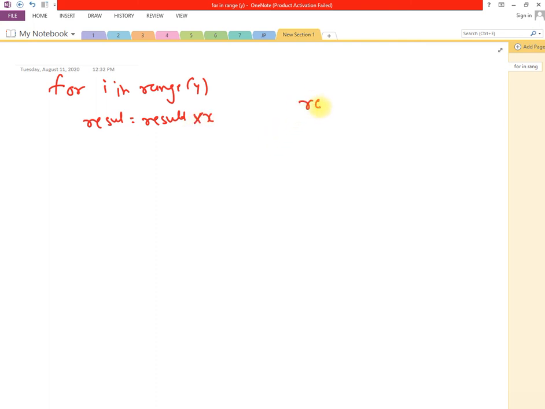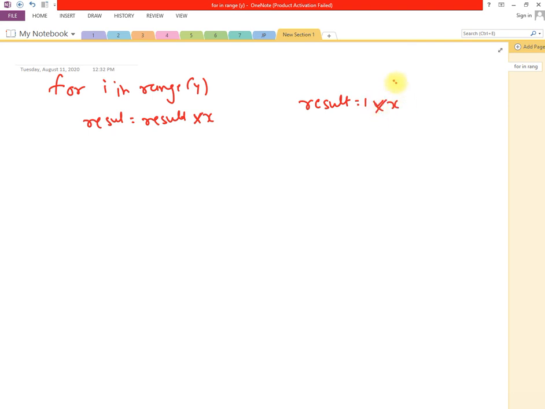What is the initial value of result? It would be 1, not 0. Why? Because if you multiply something with 0, it would become 0. The output would become 0. That's why I'll initialize my result with 1, and then I'm going to multiply it with x.